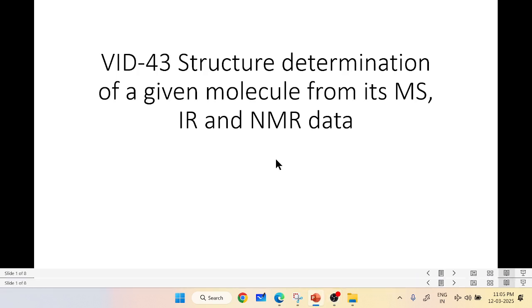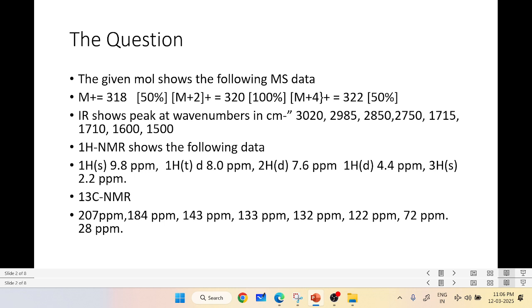Hello students, in this video we are going to determine the structure of a given molecule from its MS, IR and NMR data. Okay, so now what is the question? The question: we have been given the mass spectrum, the IR spectrum, the proton NMR spectrum and the